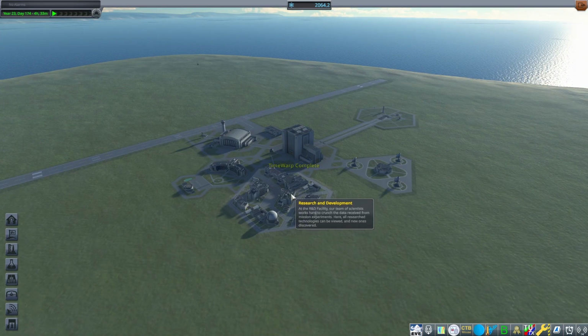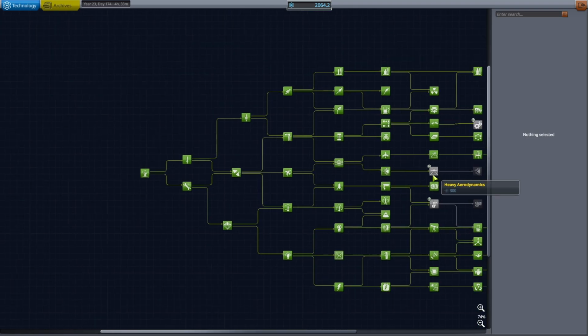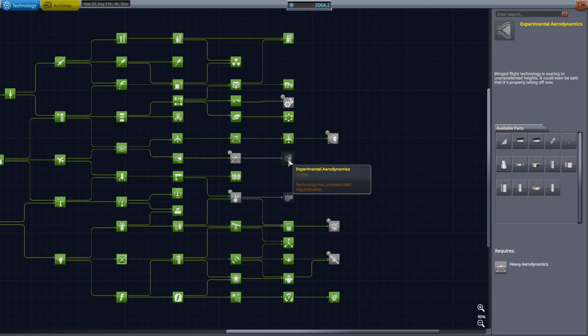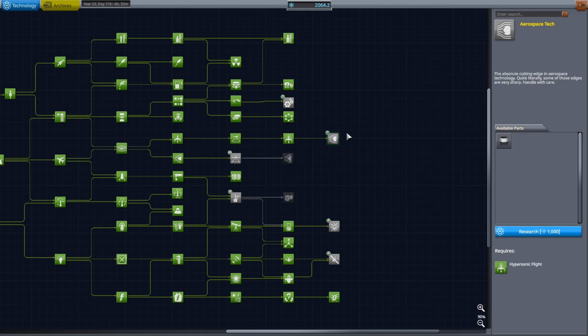Now, let's reap and sow our... That's not a word. Let's reap what we've sown, shall we? There we go. Now, R&D. We have 2,000 science to spend. We're able to research aerospace tech, which of course comes with a Rapier